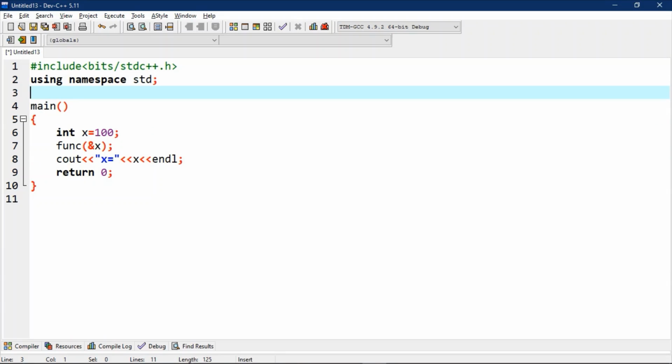Now let's write the definition for this function. It will be a void function with argument as pointer x.